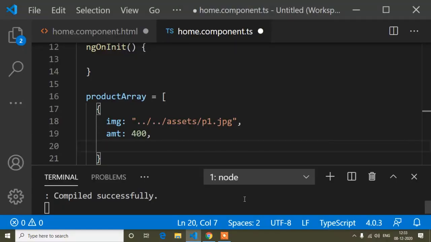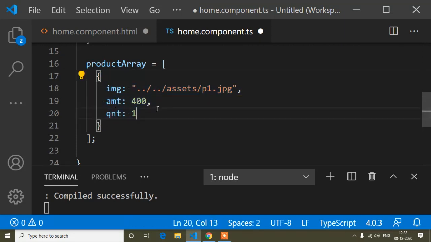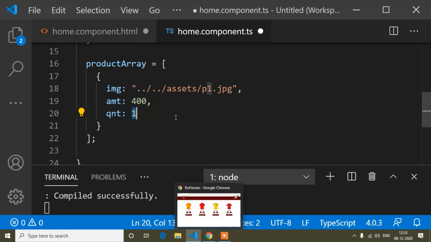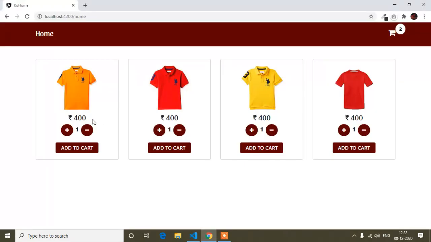So here we can write the property name qnt for quantity, and for all the products I will set the quantity to 1 by default. When you get these products from an API, you can see the product quantity will be 1 by default, because if you want to purchase anything, the minimum quantity will be 1.